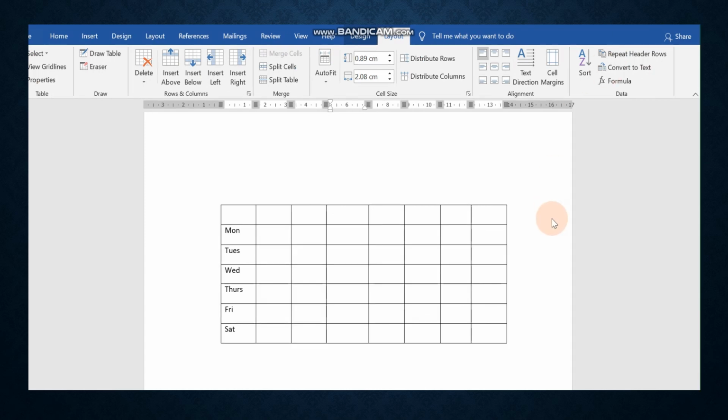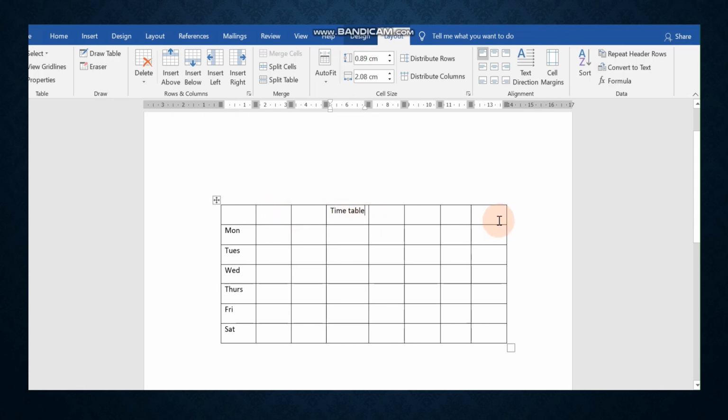Children, now let us see how you can merge the cells. Children, each and every box is known as a cell. So you can see I have written Monday, Tuesday, Wednesday, Thursday, Friday, Saturday. So if I'm creating the timetable and I need to write the heading as timetable. So you can see the columns are here also. The lines are here, which is not looking very nice. I don't want these lines in the first row.